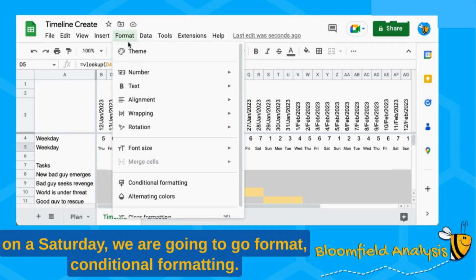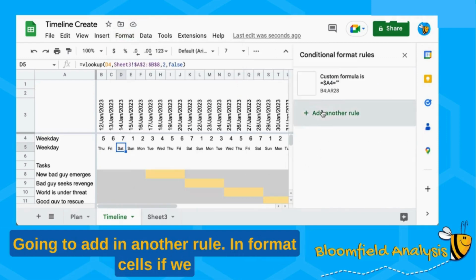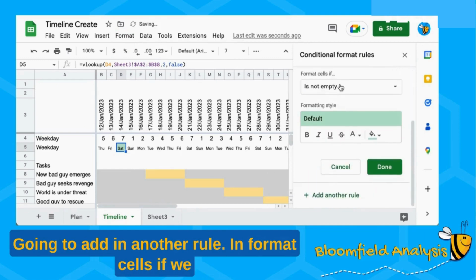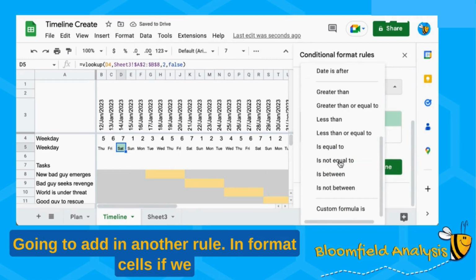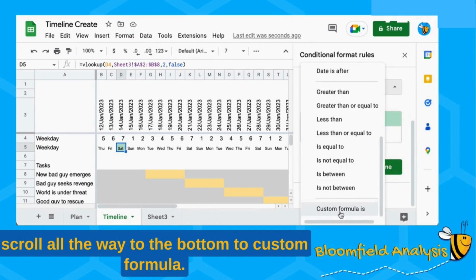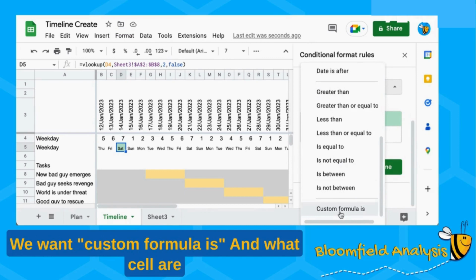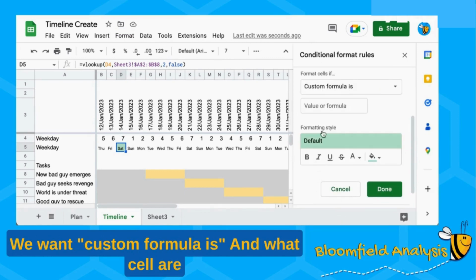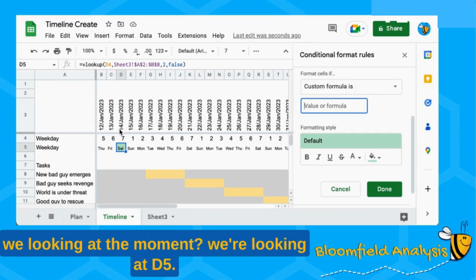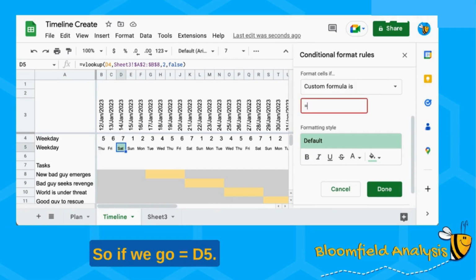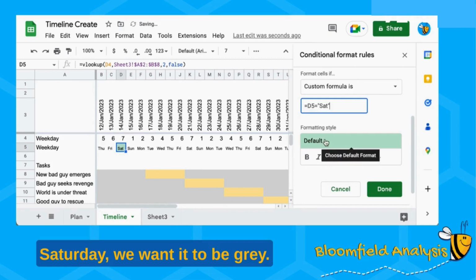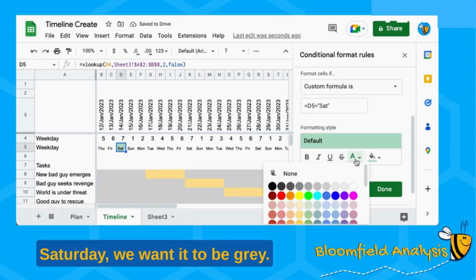go Format, Additional Formatting. I'm going to add in another rule. In Format Cells If, scroll all the way to the bottom to Custom Formula. So we want Custom Formula Is, and what cell are we looking at the moment? We're looking at D5. So if we go equal to D5, so if D5 is equal to Saturday, we want it to be